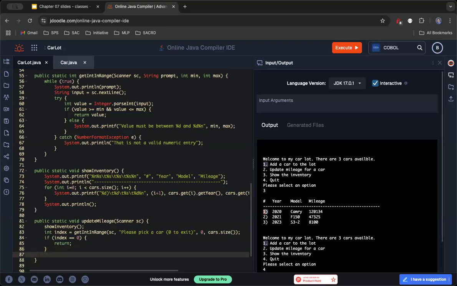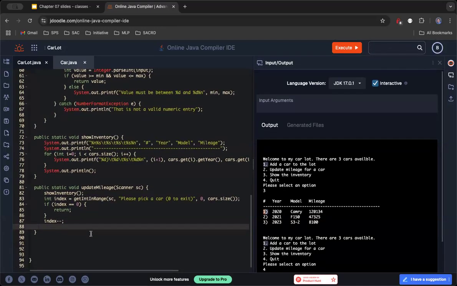I want to do the logic to actually get correct mileage. But I need to subtract 1 from my index, because remember, if you enter 3, that's really element number 2 that you want to work with. So I subtract 1 from the index. Then I'm going to prompt you for the new mileage, and I'll use the getIntInRange again. In index, let's see, int newMileage equals getIntInRange. Pass the scanner. Enter the new mileage for